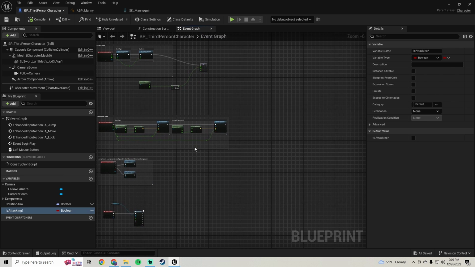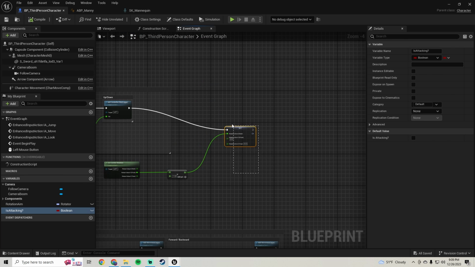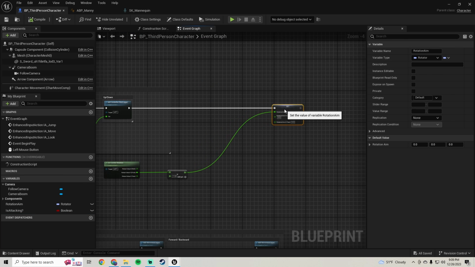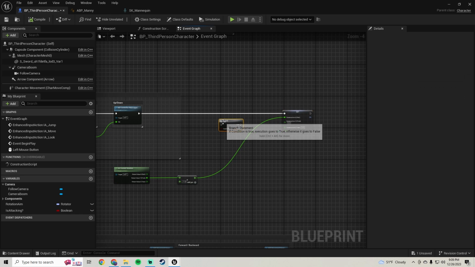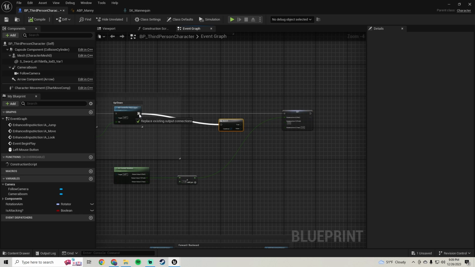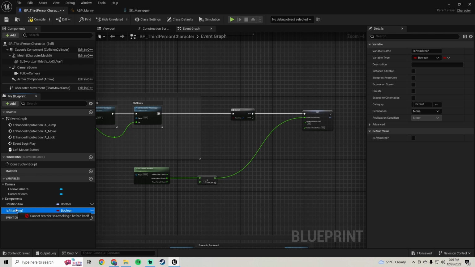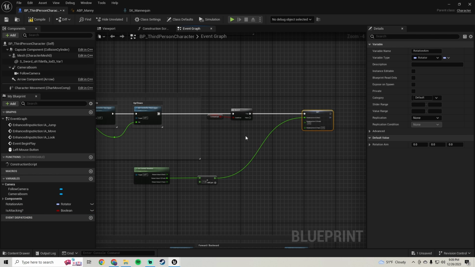Compile and save, and we're gonna go back up here where we're setting our rotation aim. We're gonna press B on the keyboard and click. We're gonna get a branch. We're gonna hook this in. We're gonna hook the true into this. We're gonna set if we are attacking, then it will set our rotation